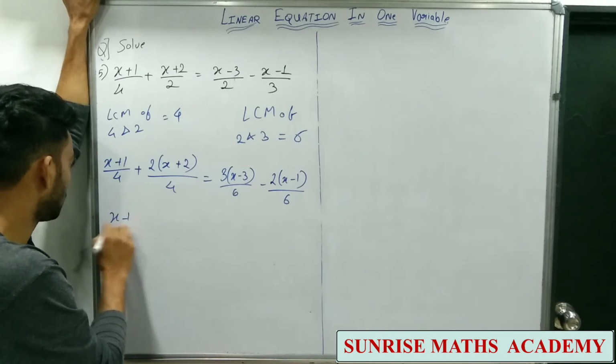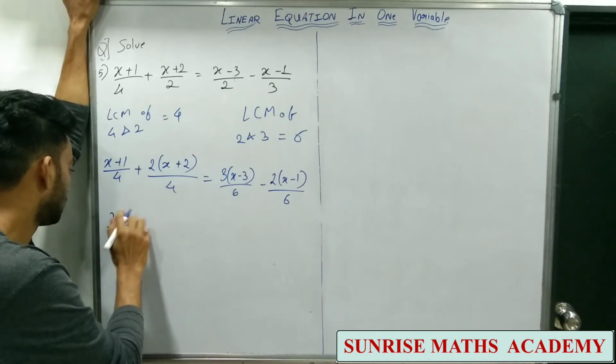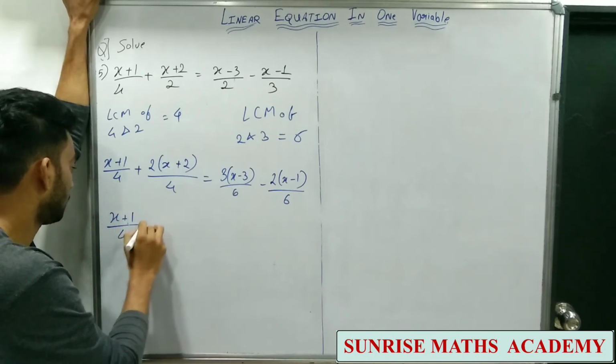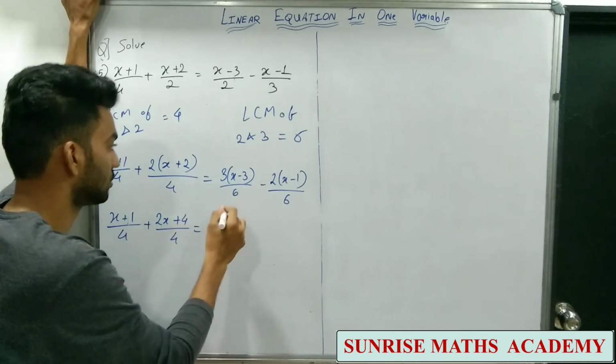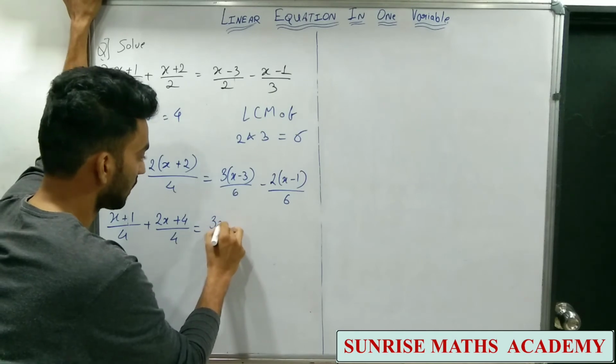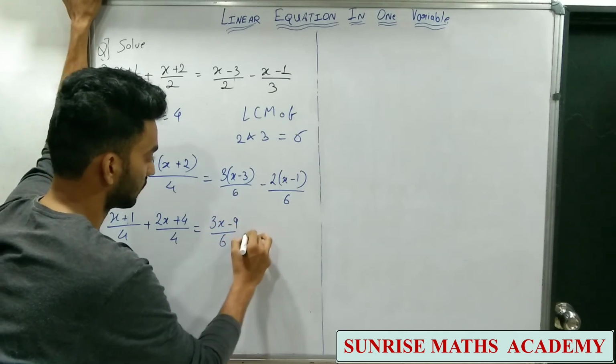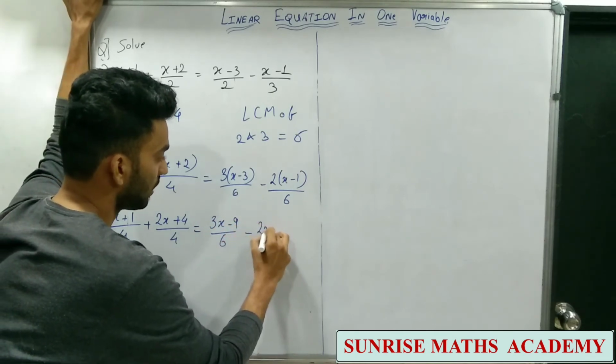So x plus 1 upon 4 plus 2x plus 4 upon 4 equals to, on this side 3x minus 9 upon 6 minus 2x